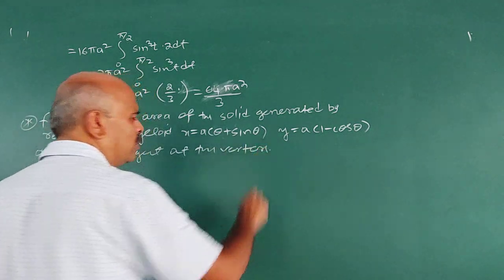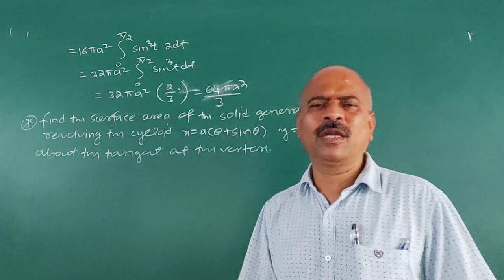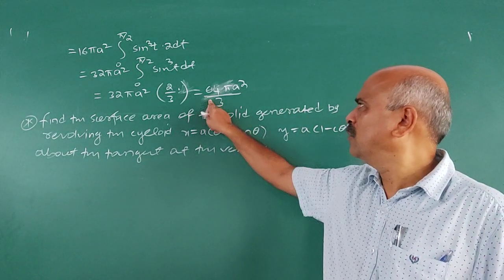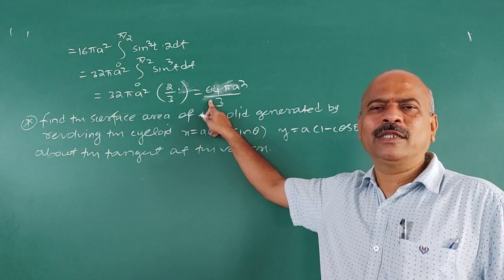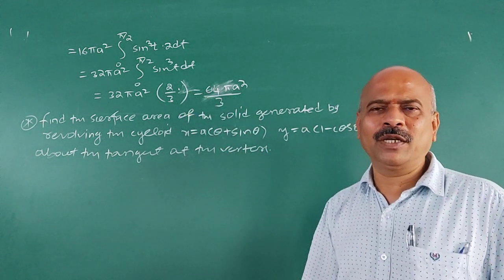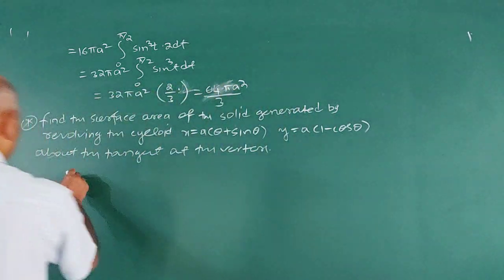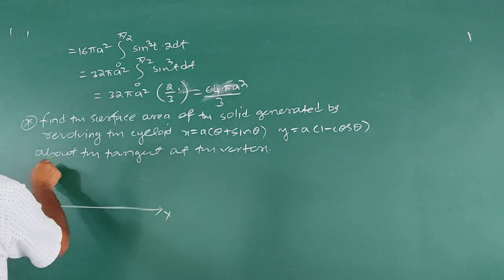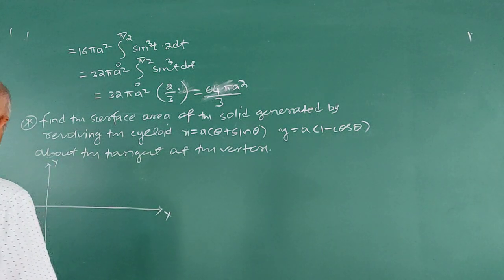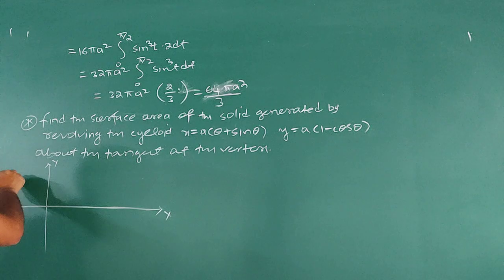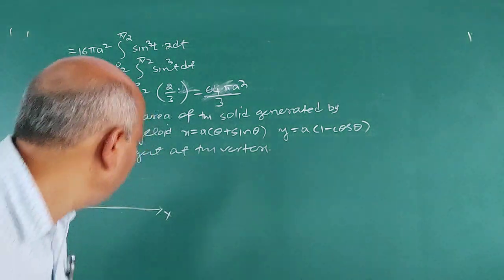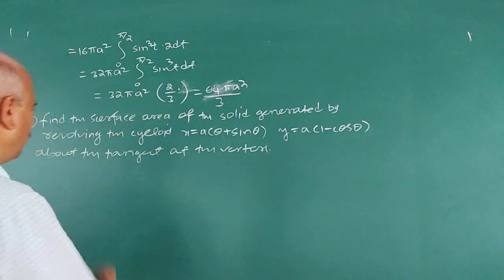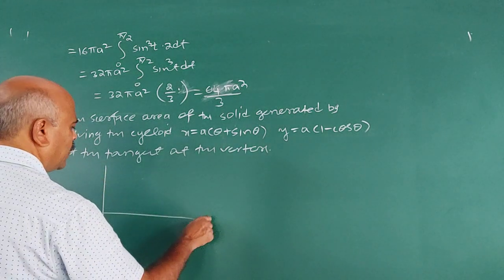See, in case of volume of revolution also, we have taken the same problem here, because it makes a difference. You will not get the total surface area like this, because the solid obtained is entirely different here. What is one arc of the curve here? See, this is the coordinate axis. For one branch of the curve, theta varies from minus pi to pi. Therefore, one branch of the curve is like this.